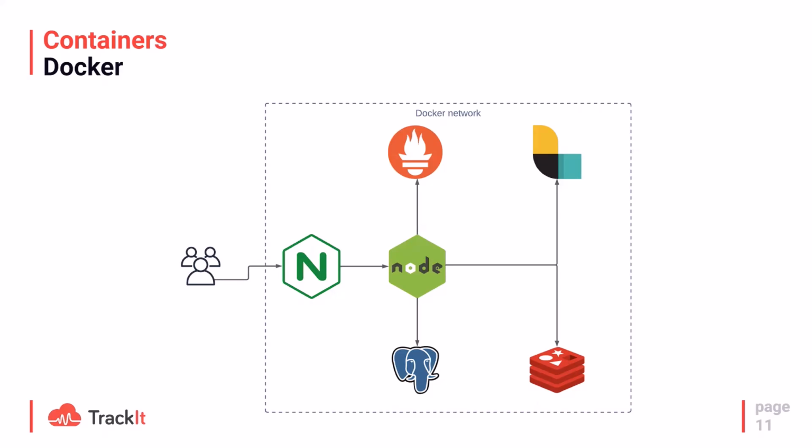So in this example, you have a very basic application where you have a Node application. This application is fronted by an Nginx service. The Node application can also talk to a Postgres database, a Redis database, or some other services that are included, like Prometheus and Logstash. So those are services for metrics and most DevOps activity.